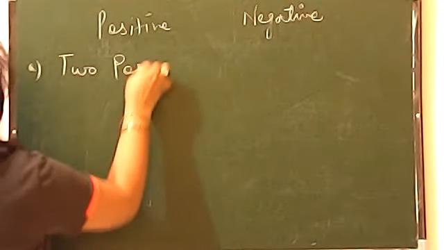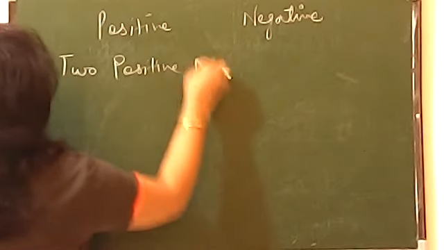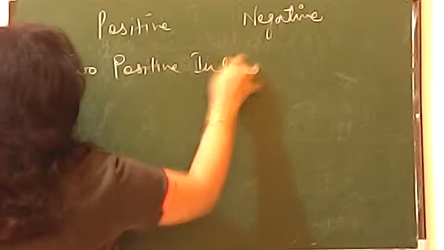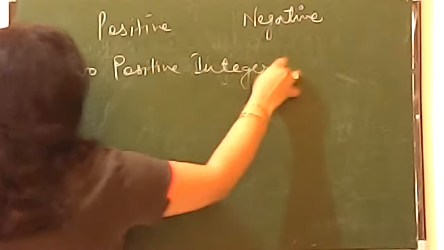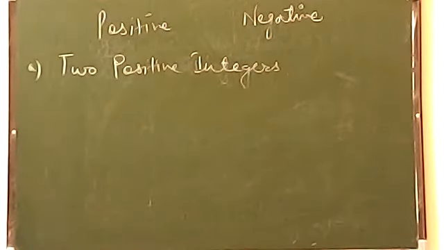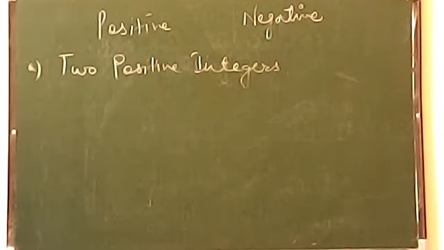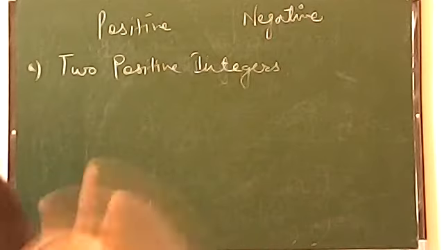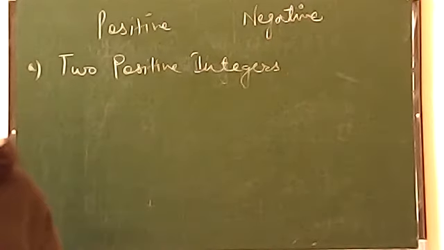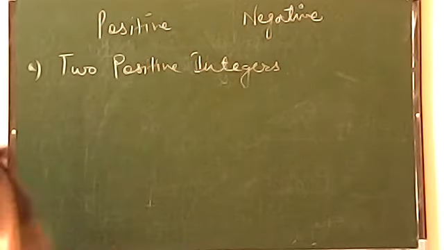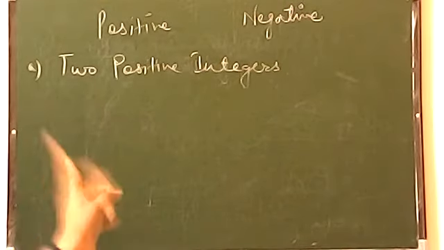मतलब अगर मैंने आपको बोल दिया कि आपको two positive integers add करने हैं, ठीक है? So always remember बेटा, for example, if I tell you that you have two bananas and I'll give you three more bananas, what will happen? You will simply add two bananas plus three bananas. Your answer will be 5 bananas. Okay. The same happens with positive integers.